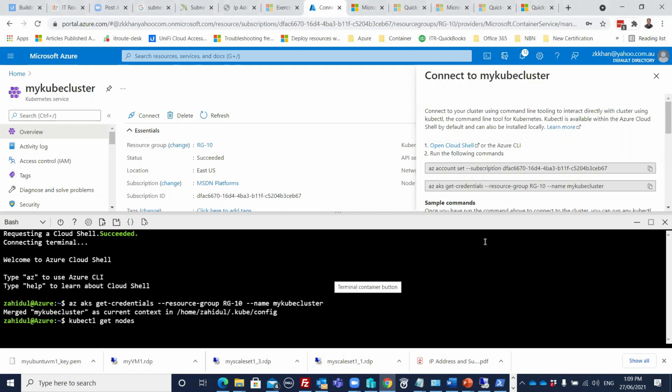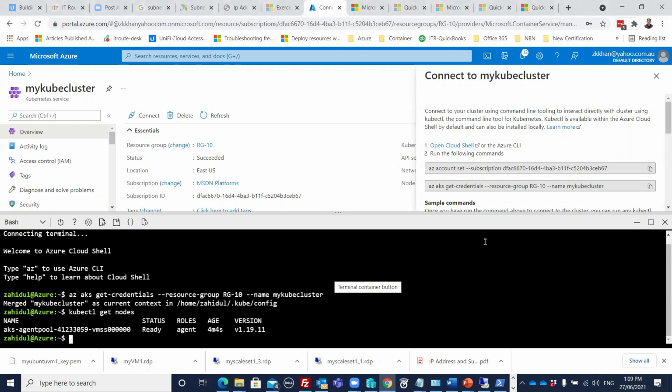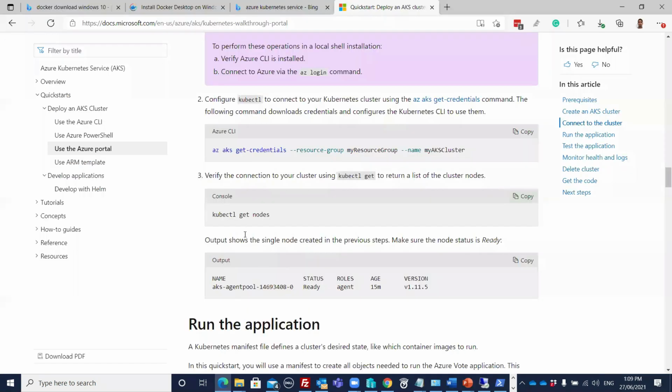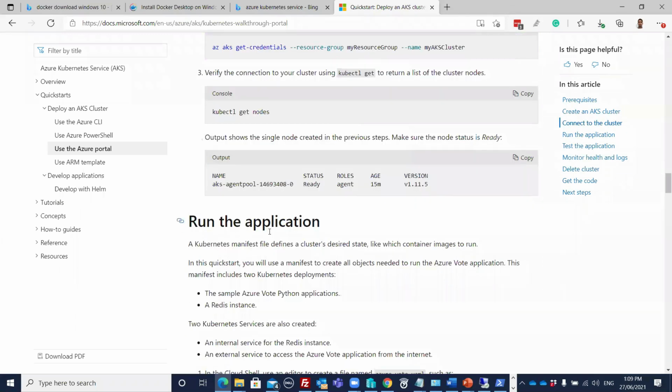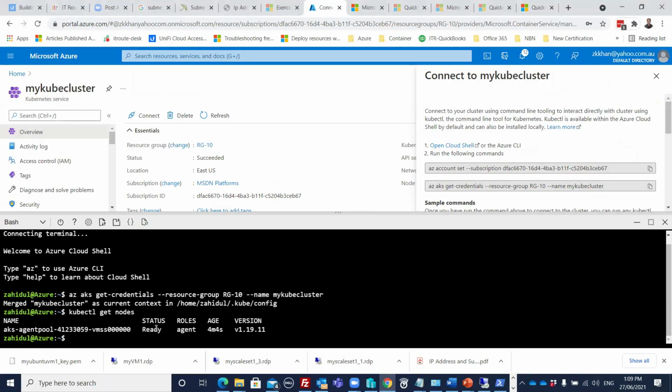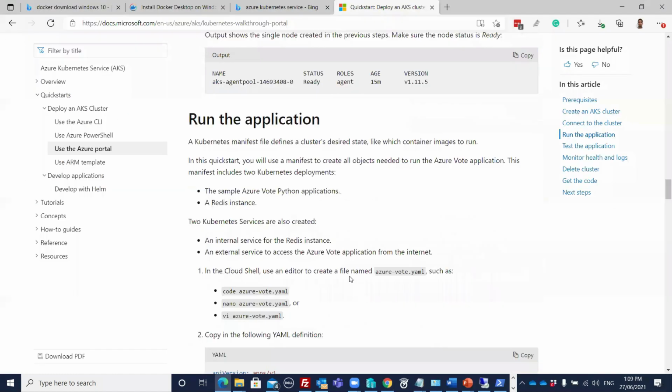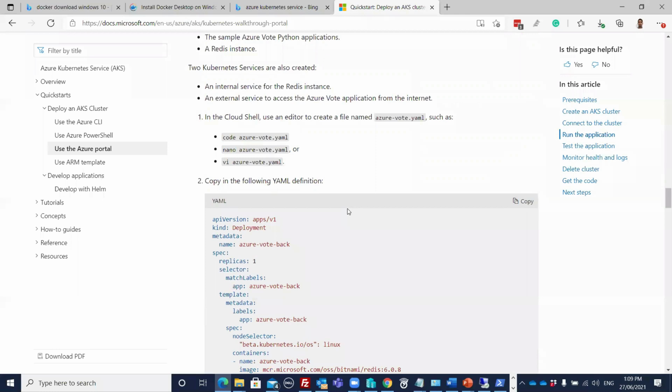So you have only one node. Yeah, this is the node. It is ready. This is the name of the node and it is ready. Version number is this one. So that is good. So it's ready. After that, in this node, we're going to deploy our applications. So our application is